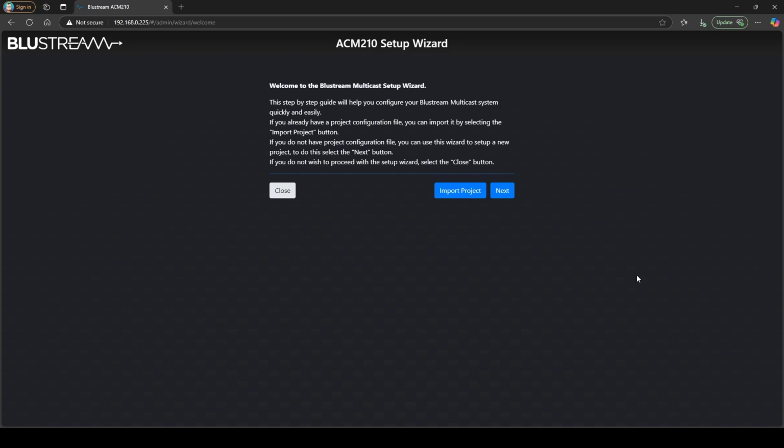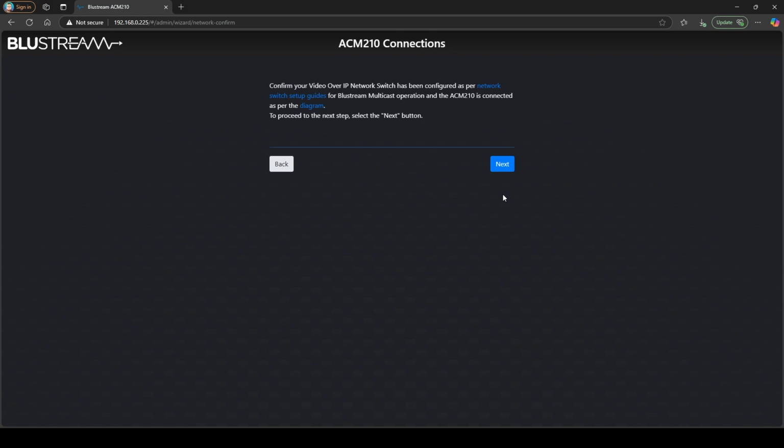So when you open up the interface for the ACM210, you're presented with the setup wizard. Here you can see you've got some information talking to you about the setup wizard. And to get started, we're just going to go ahead and press the next button here. Now, pressing the next button on the second window, you'll have some information here that actually has some relevant stuff,